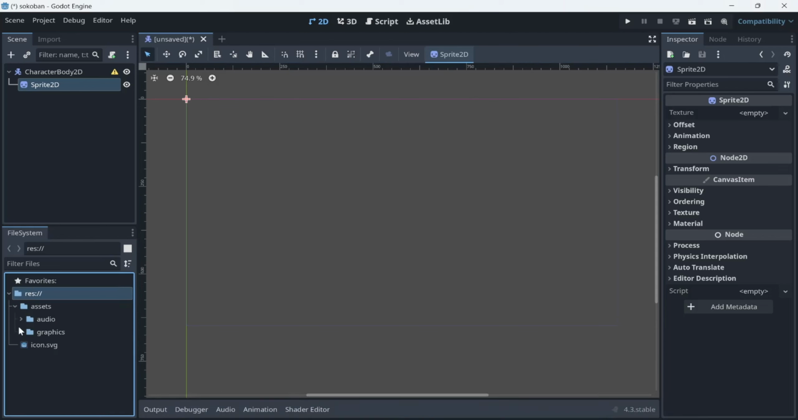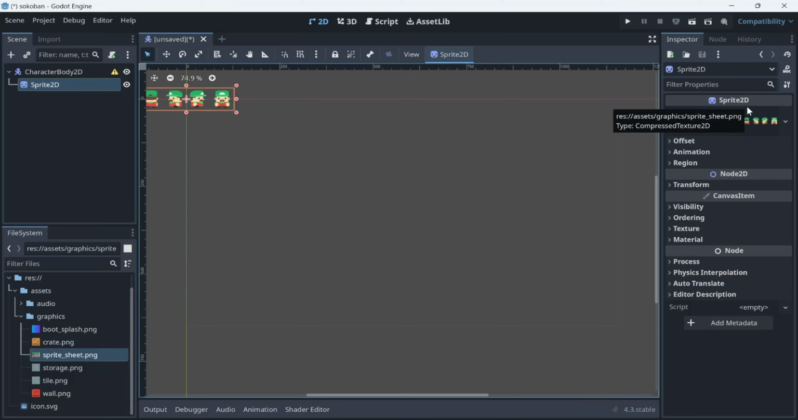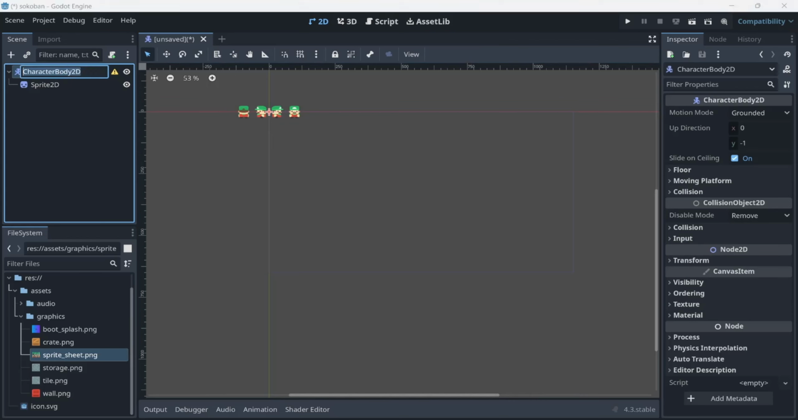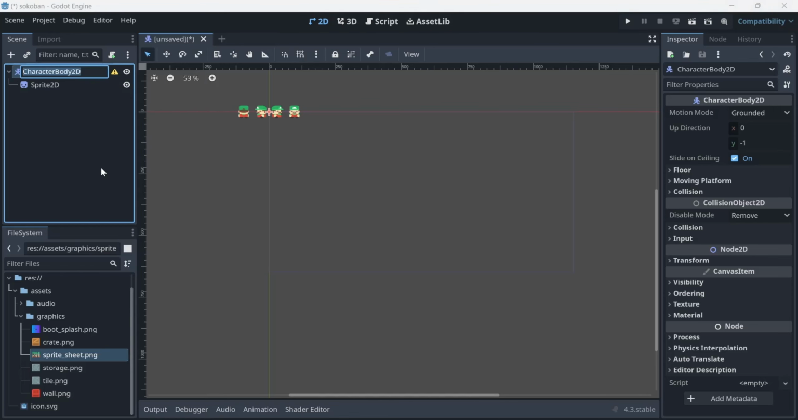And now we can come over here to graphics in our assets folder, then drag in our spritesheet.png to this texture property over here. And now you can see we have added an image to our player node. One more thing we can do for this character body 2D, we can rename it to player by double clicking it or right clicking on it and then writing rename. So we can just rename this to player,